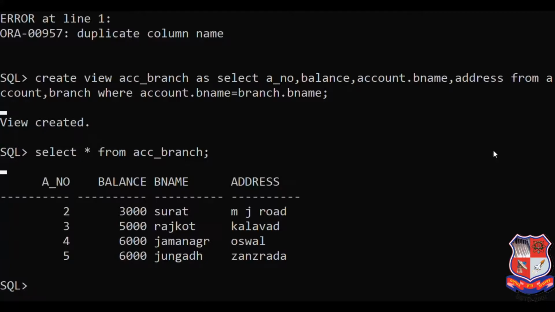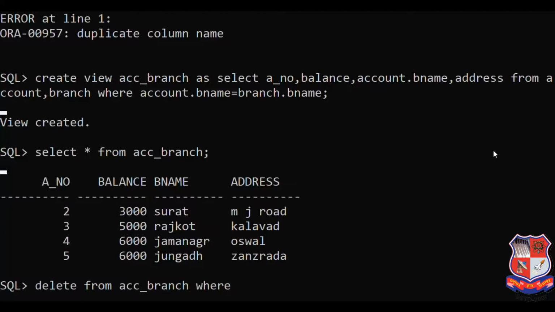Clear this. For example, in SEC underscore branch, I want to delete one record. For that, I perform a delete operation: delete from SEC underscore branch. See this, I perform a delete operation on my view, not on my table.